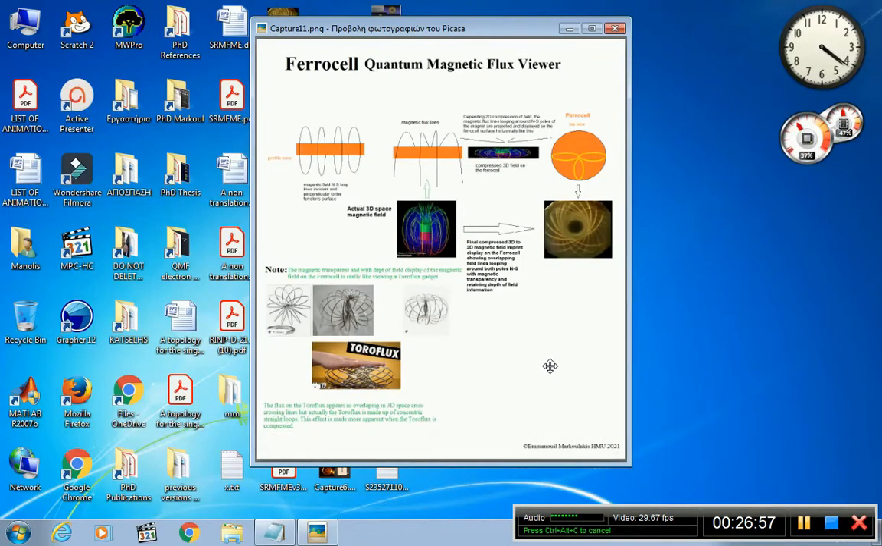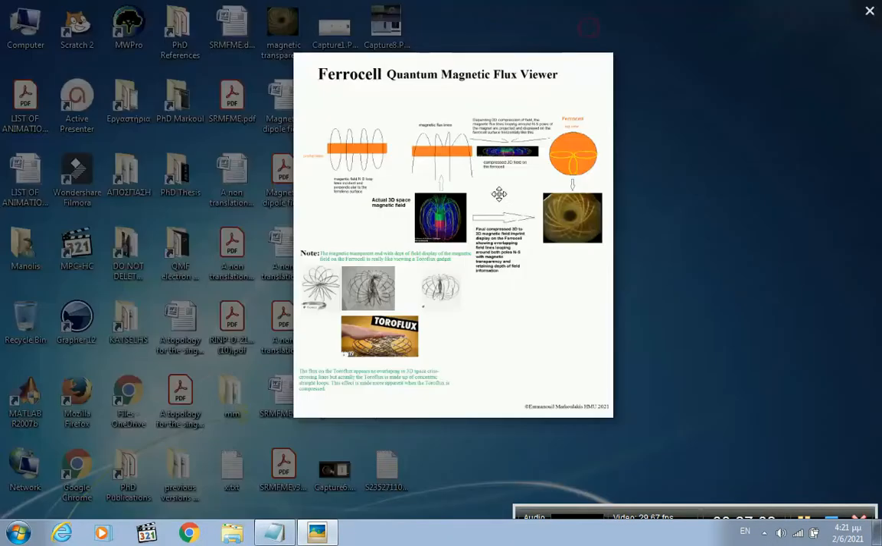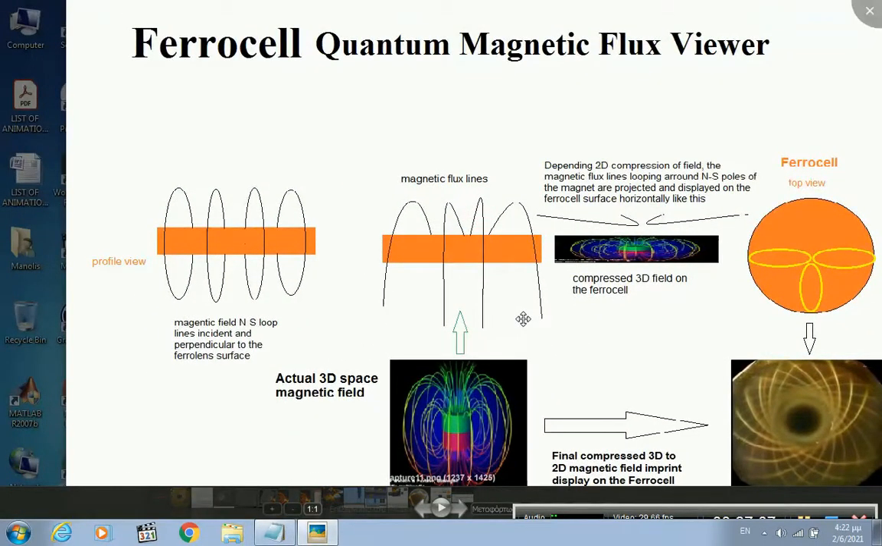So we come now to the center of this presentation. Please stay with me, because now it's very important. We have seen that it's not actually a hot spot light effect of the ferrocell reflecting on the surface of the torus formed by the nanoneedles, but these are actual magnetic flux lines, and actually they are magnetic loop lines. So you see the whole field passing through the whole flux loop,